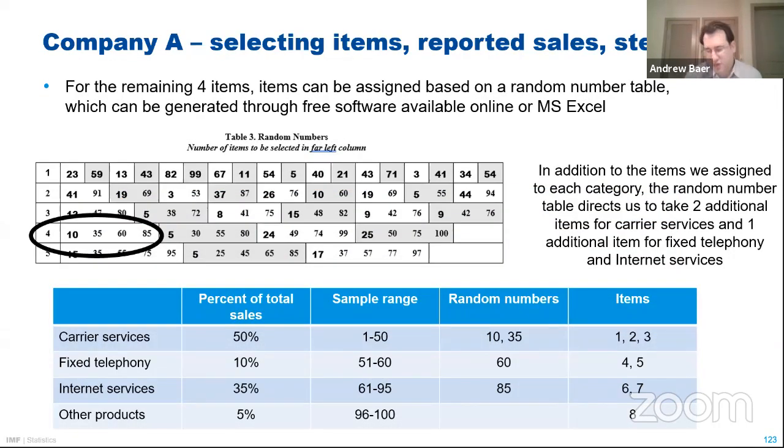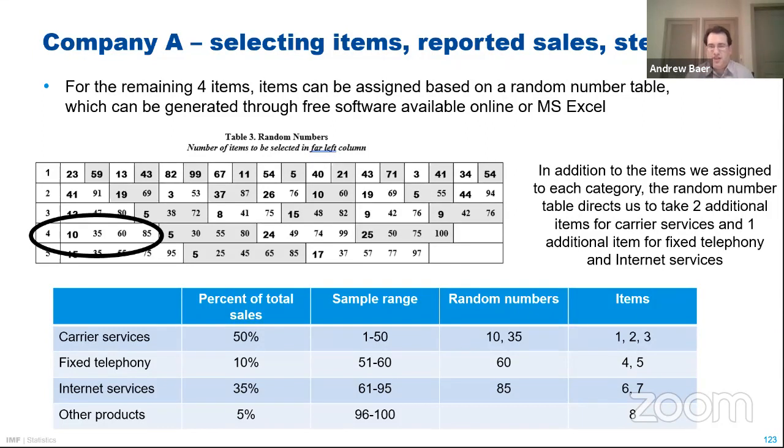Now, we had the question earlier about selecting items. There are many ways to select items. I'm going to show you the long, complicated way, because this is what we would tend to use in the United States if we were able to collect this data. I don't want to go into this in tremendous detail because I'm not convinced that it's always the best option, and there's a lot of quirks to it.